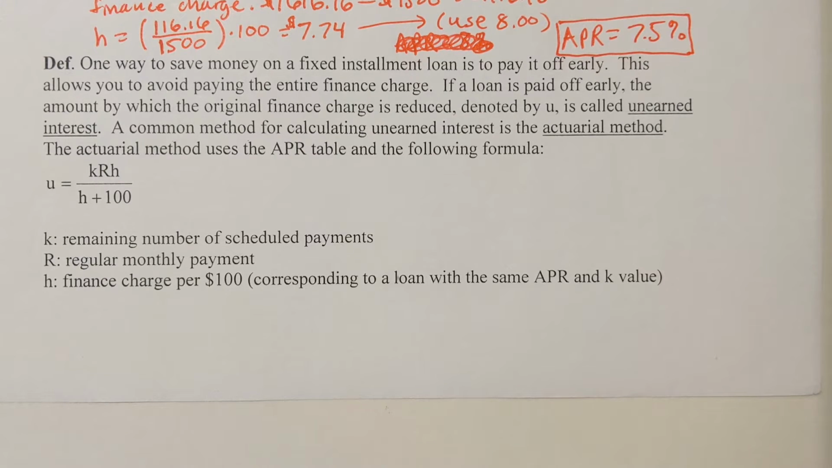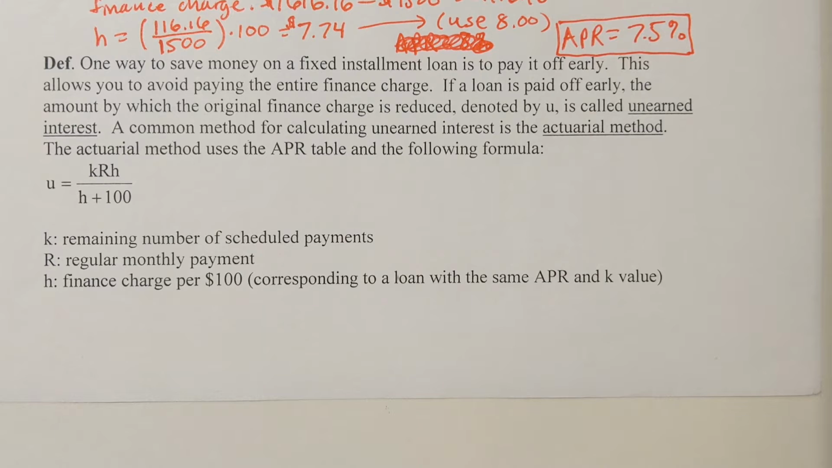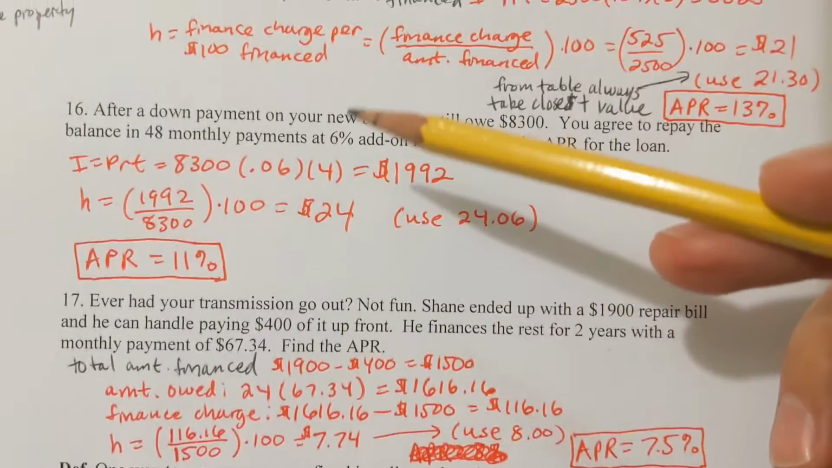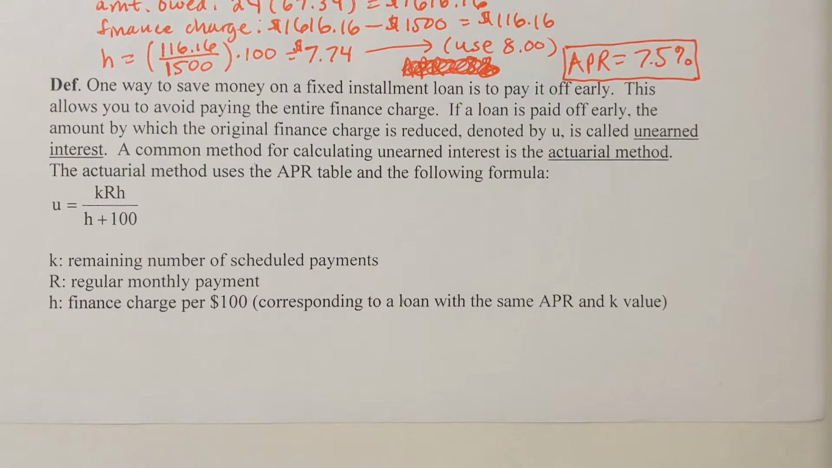A common method for calculating unearned interest is the actuarial method. The actuarial method uses the APR table and the following formula, which is this formula here. K is the remaining number of scheduled payments, R is the regular monthly payment, and H is the same H that we were finding earlier. H is the finance charge per $100 financed corresponding to the loan with the same APR and K value. Okay, so